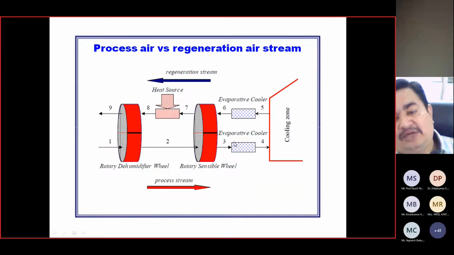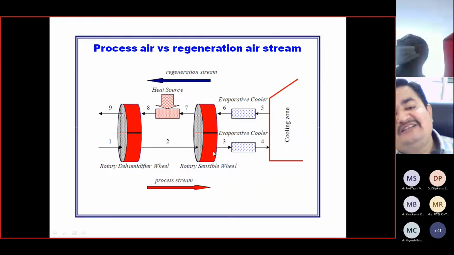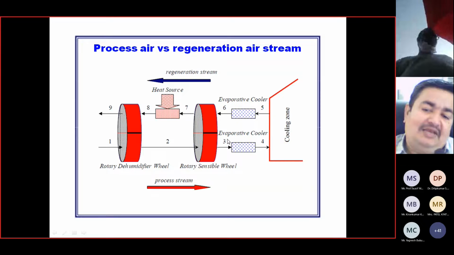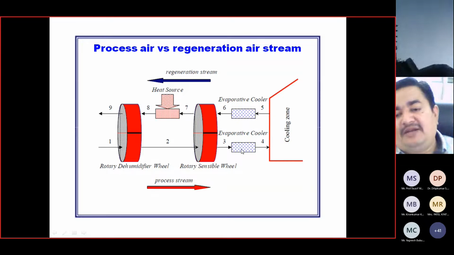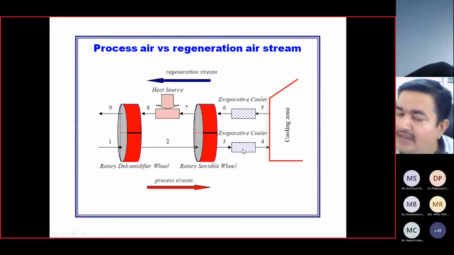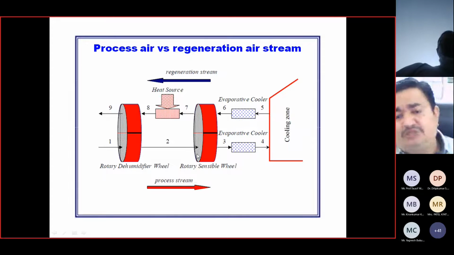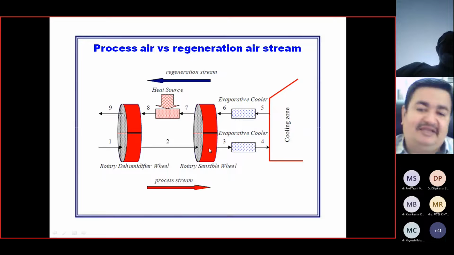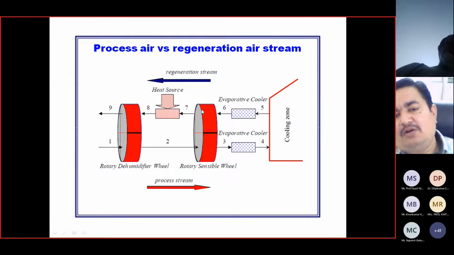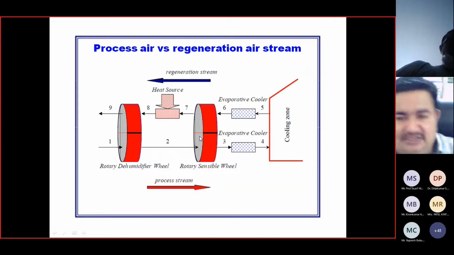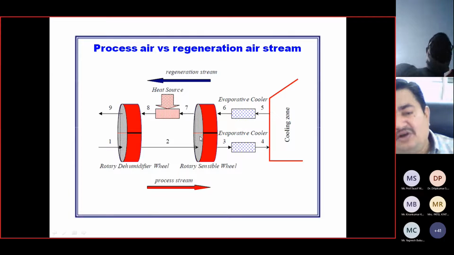Simultaneously at point 3, heat is rejected to the regeneration section. So partially cooled air will be available, and that's why the duty of the evaporative cooler can be partially reduced. The amount of temperature to be handled is partially reduced. So this wheel is known as a heat recovery wheel, exchanging heat between the process air hot side and the reactivation cold side. So we are conserving energy. It increases the efficiency of the cycle by reducing the amount of heat absorption or extraction.